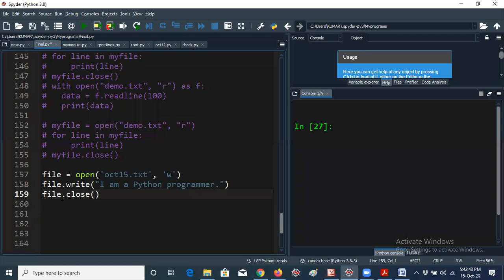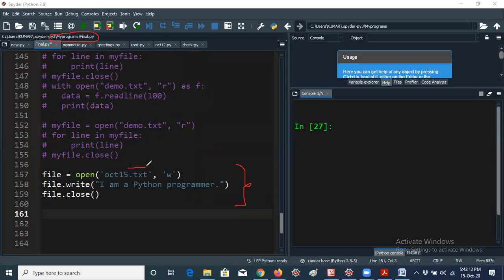Earlier we already discussed this question actually. So file equals open. Open is a predefined function and write is a method. What is the meaning of this, sir? I will tell you. Here I am creating a new file that does not exist in our system. In my programs directory, the file will be created automatically whenever I run these 3 lines. So October 15.txt, what is the .txt?